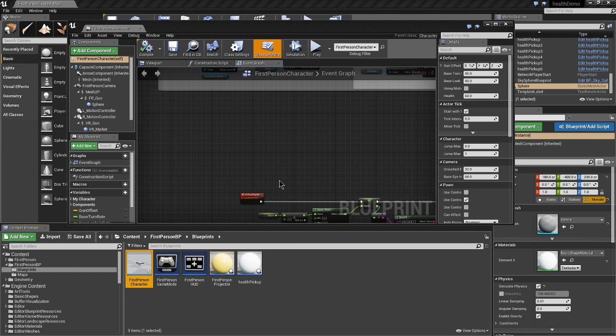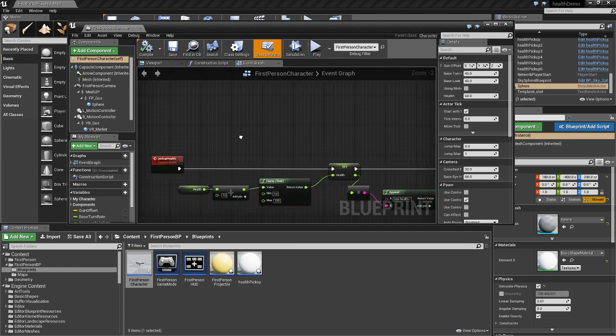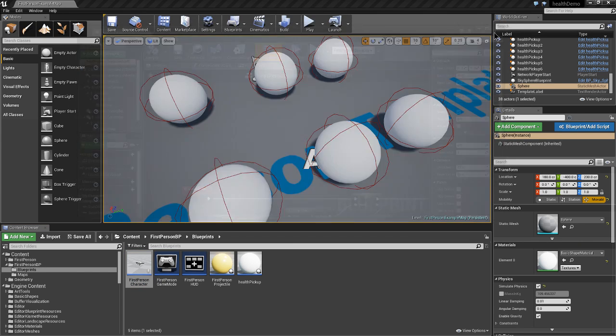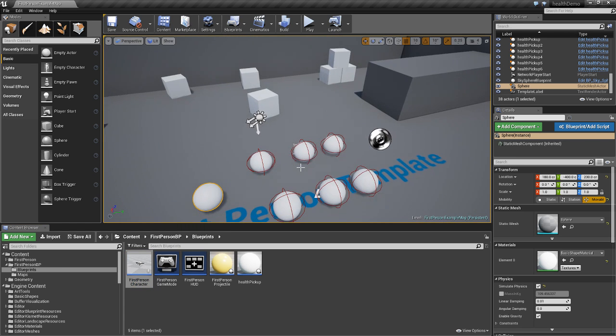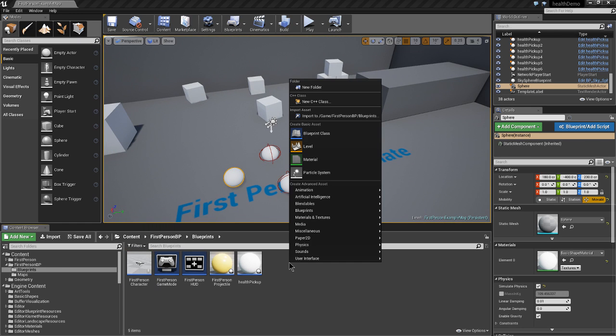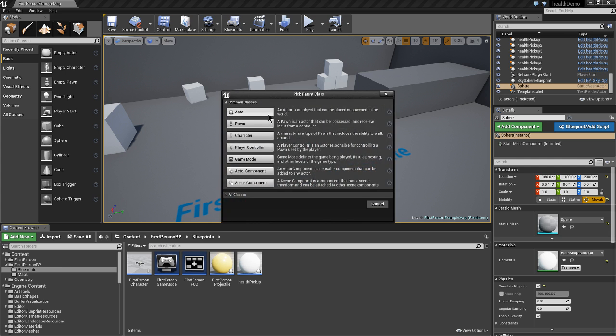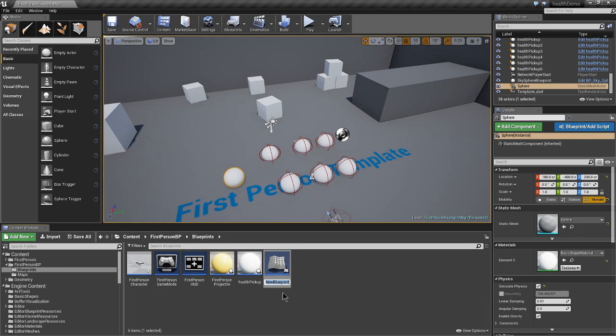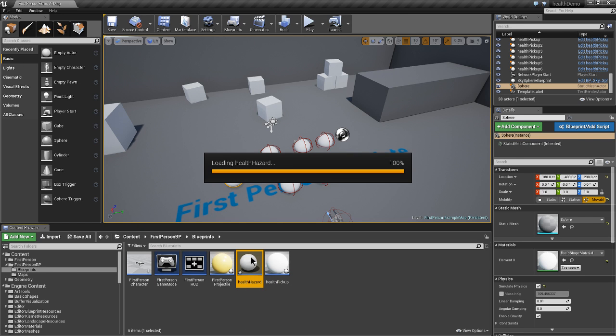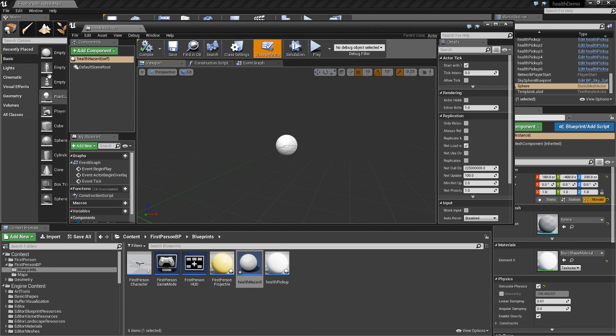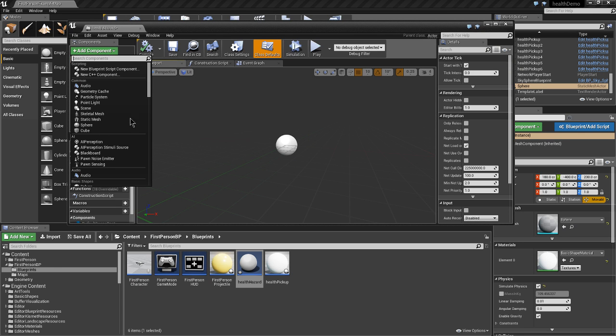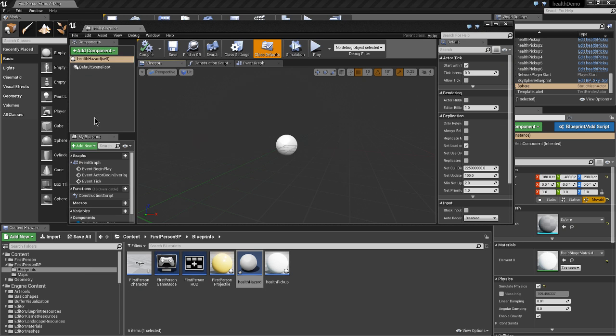So we've got the pickup system here that we just made. What we'll do now is add our dangerous hazard to the level. So again, like we do with the pickup, I'm going to make a new blueprint class and call this one HealthHazard. There we are. So the HealthHazard is going to be something spiky, so just to visually represent that, we'll use one of the just default cones in here,